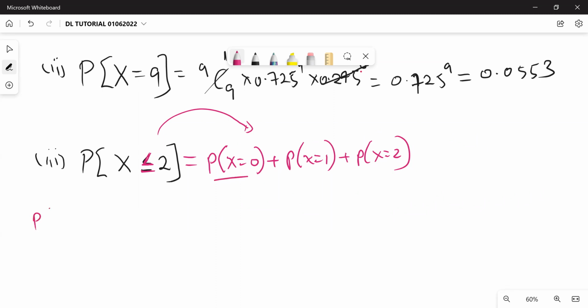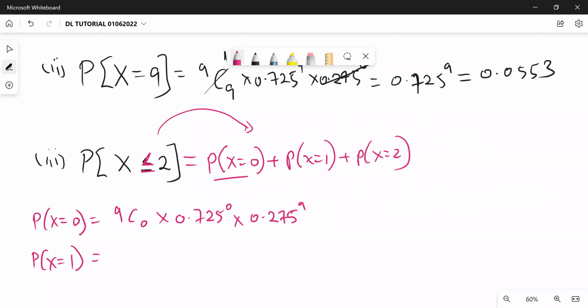So the probability that X is equal to 0 is 9 combination 0 times 0.725 power 0 times 0.275 power 9 minus 0. Then the probability that X is equal to 1 will be 9 choose 1 times 0.725 power 1 times